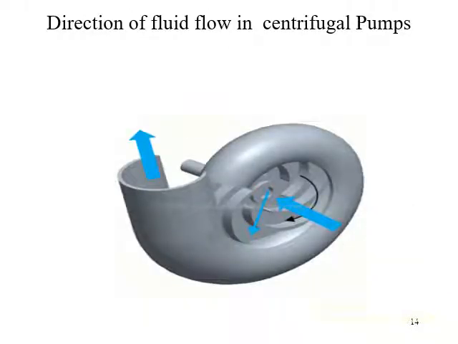And here this sketch shows the direction of the fluid flow in a centrifugal pump. In this case, the fluid enters the pump in the axial direction. Then it flows along the radial direction and finally exits from the volute casing. So this shows what mixed flow is. We can see in this figure that the inlet takes place in the axial direction and the exit occurs in the radial direction.